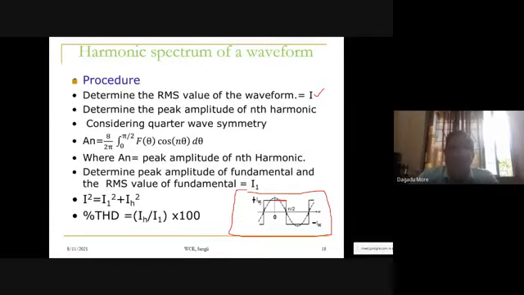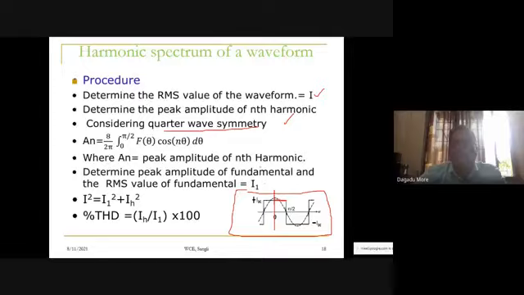Now here we have seen that if you just shift the origin to the center of this, so we can just shift the 0 here. You can just see it here. We have shifted the 0 to this point, and by considering that, it will have a quarter wave symmetry. Once we have a quarter wave symmetry, there is a well-known expression available